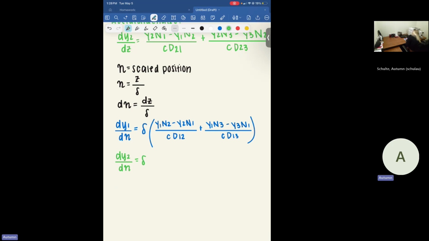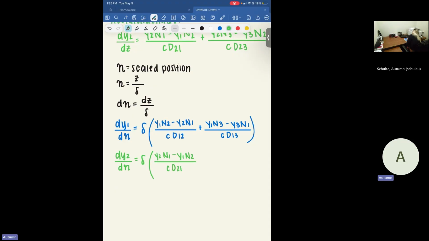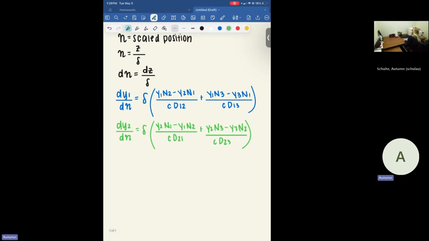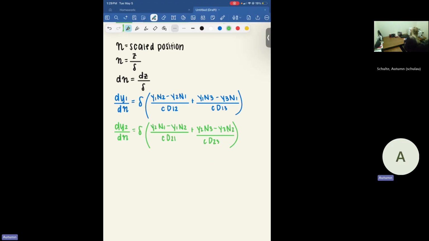That is going to be equal to that distance delta multiplied by y2 n1 minus y1 n2 divided by concentration and our diffusion coefficient of acetaldehyde through ethanol, plus y2 n3 minus y3 n2 divided by C D23. All right. Now that we have that, again, we just followed that same concept that we did in part B,